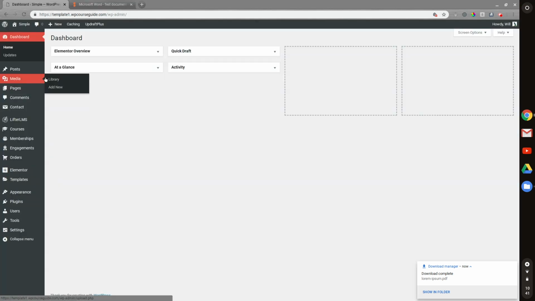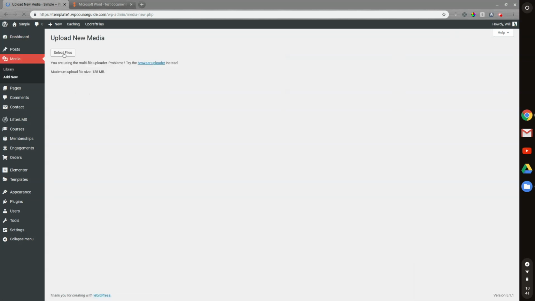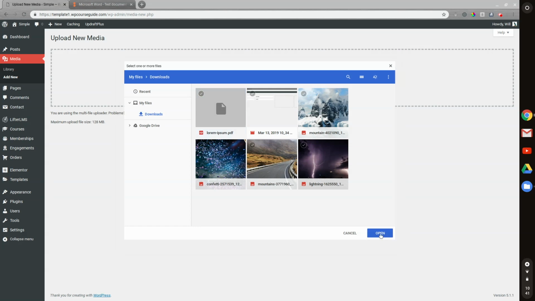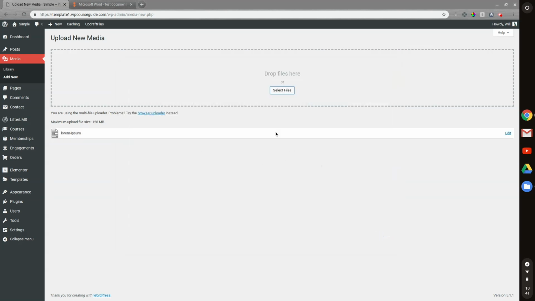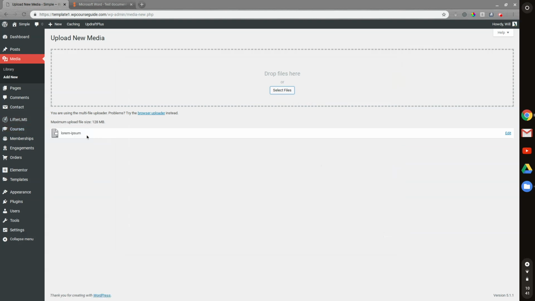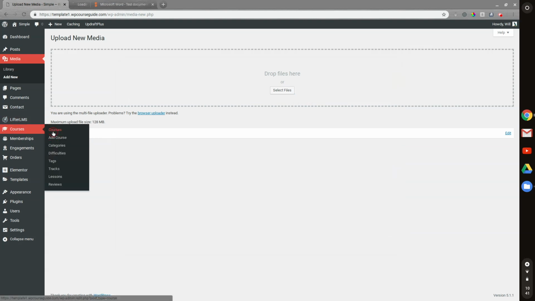I'll head to my media library, add new. And here's where I can upload that file from my computer. Let's see, downloads, there's our Lorem Ipsum PDF. We'll upload that. And now what I want to do is open the courses. I'll do this in a new tab here. So we'll open the courses in a new tab, just so we can come back to our media library in